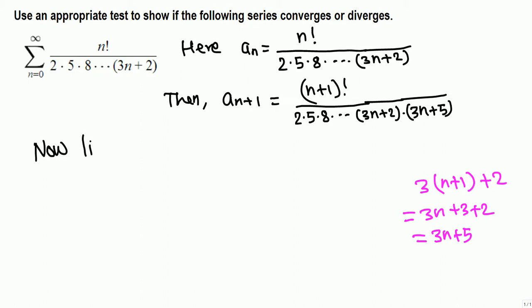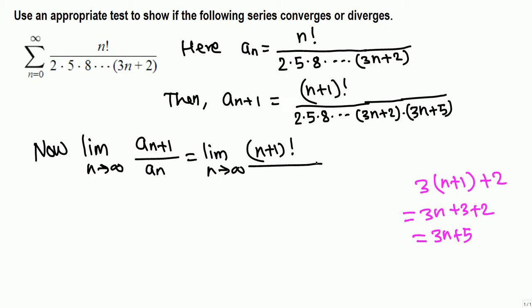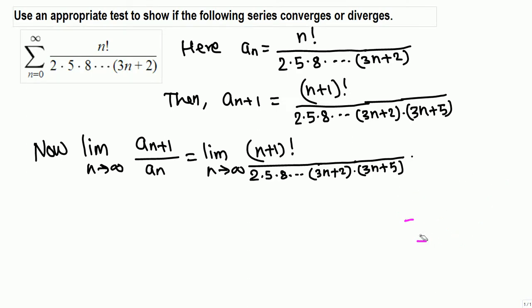Now we take the limit of the ratio, all the positives, so we don't need absolute value. The limit of a_(n+1) over a_n, this is n plus 1 factorial over 2 times 5 times 8 times all the way to 3n plus 2 times 3n plus 5, that's the a_(n+1), divided by a_n, that means multiply by the reciprocal of a_n. Divided by a_n is multiplying by the reciprocal of a_n, which is 2 5 8 all the way to 3n plus 2